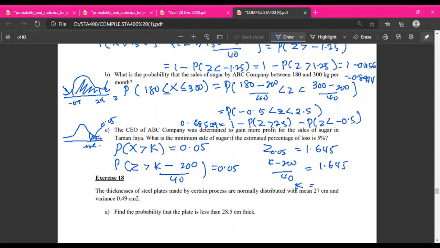It is 265.8. So the minimum sales of sugar should be 265.8 kilogram. Okay, alright, so that's